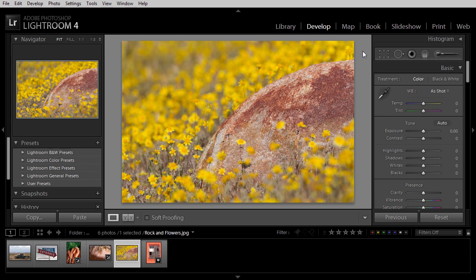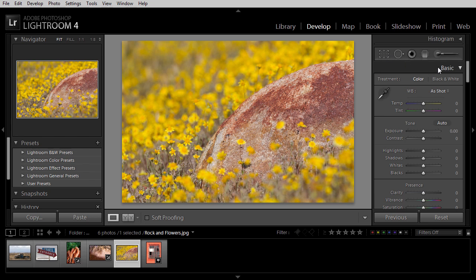Even if you take the utmost care in achieving a sharp result, however, you'll still need to apply a little bit of sharpening in order to compensate for a variety of things that affect the perceived sharpness or detail in an image. Lightroom includes some sharpening controls that allow us to compensate effectively for the capture itself, the issues that relate to the camera's processing of the information it's recording that can cause a little bit of a loss of